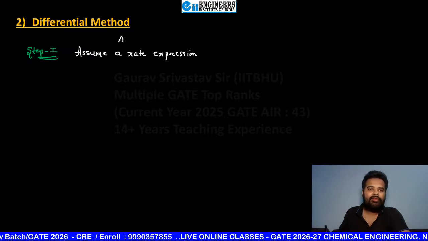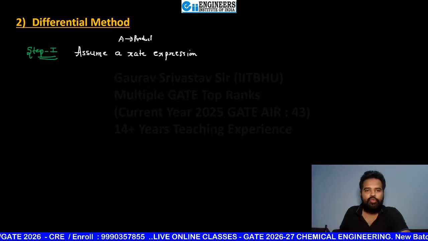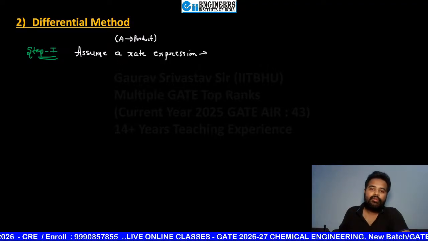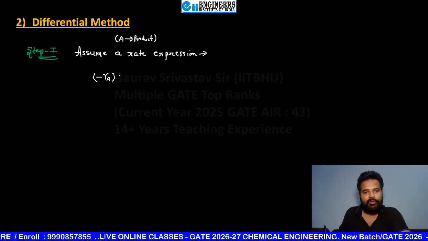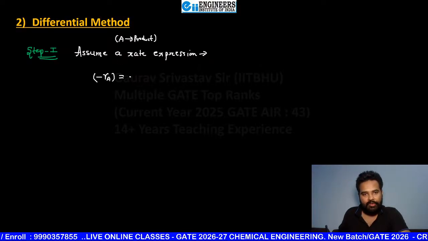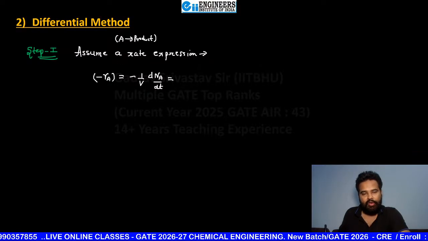Like if a reaction is there, like A is forming product, so again you have to assume a rate expression, like Ra is equal to minus 1 by V dNA by dt,